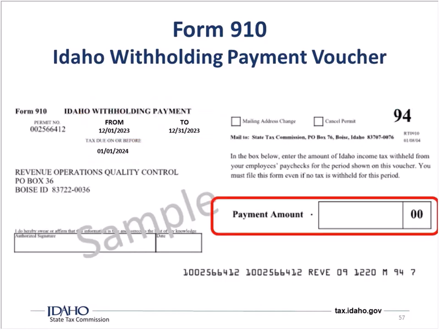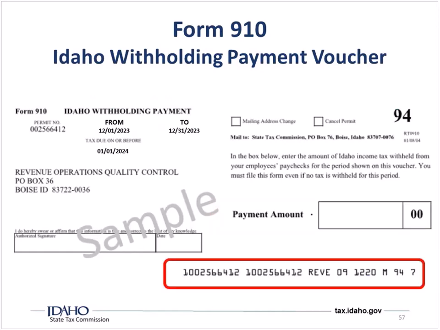We have the payment amount, and this is the entire withholding that you're submitting. It's not per employee, so it's everything for all employees that you've gathered for that particular period. Okay. And then we have all of the routing numbers. Questions on this? Okay.